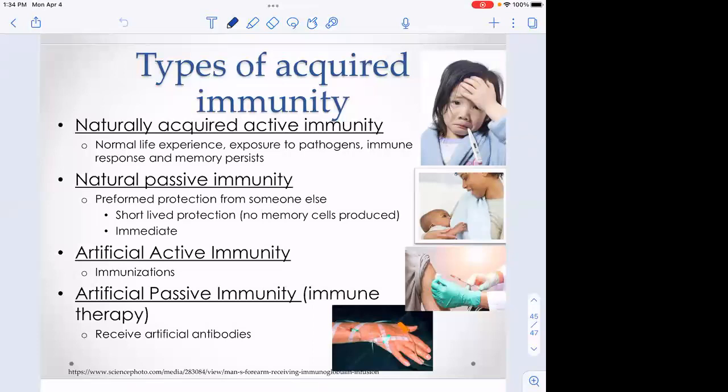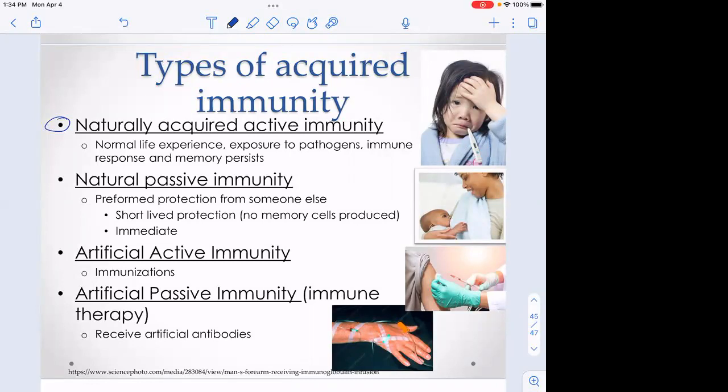And then is it active immunity or passive immunity? If it's active, that means that we have the ability to make antibodies ourselves. If it's passive immunity, we're just getting those antibodies to target that infection from someone else. We're not making our own, but we get those antibodies some other way. So if we put those together, if we have naturally acquired active immunity,